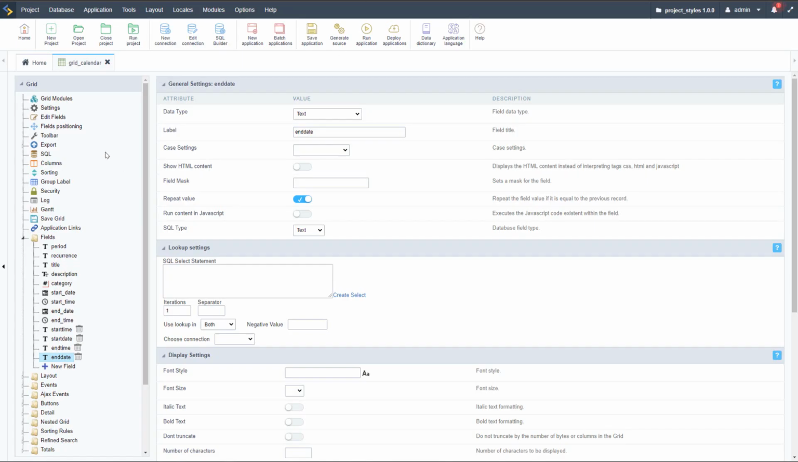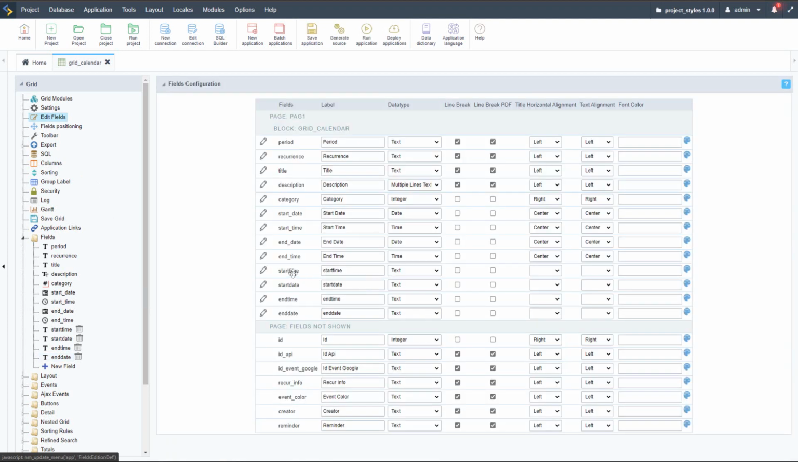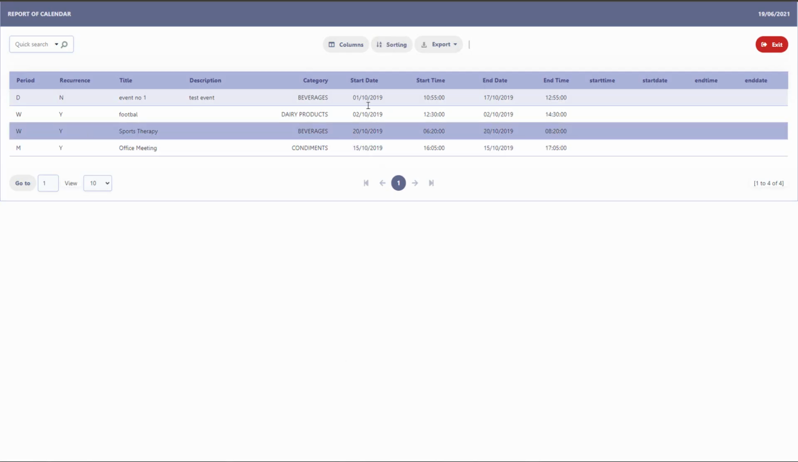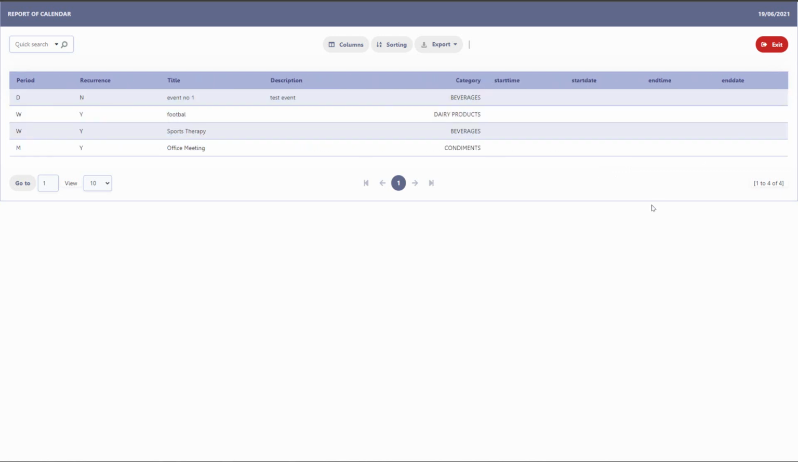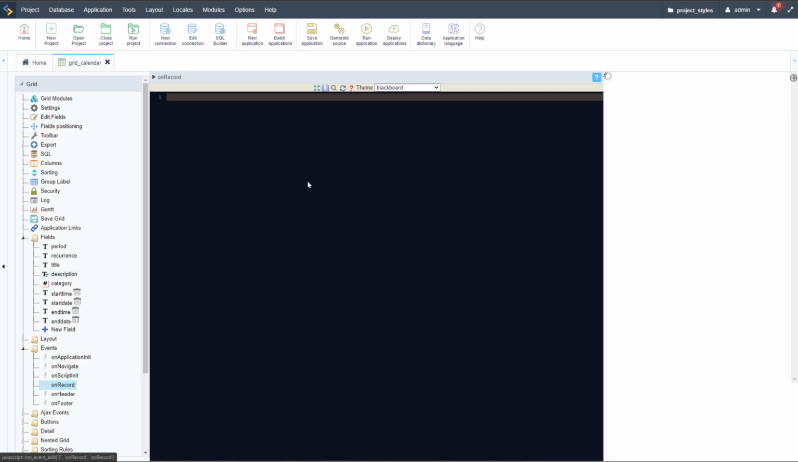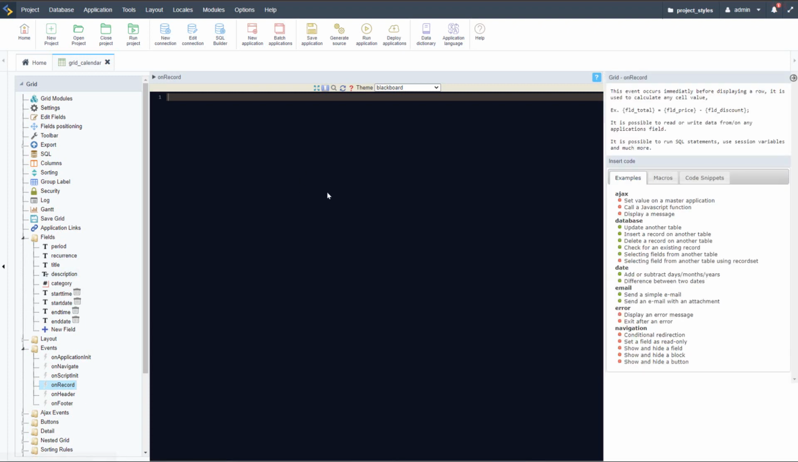Okay, and what I can then do is come here to edit fields, and I will now hide the original ones. So here end time, end date, start time, and start date. And I'll run that again, and now we should be missing these 4 fields here, and they will be replaced by these 4 empty ones. Okay, so now within the events and on record, I can then start to define what's going to happen within